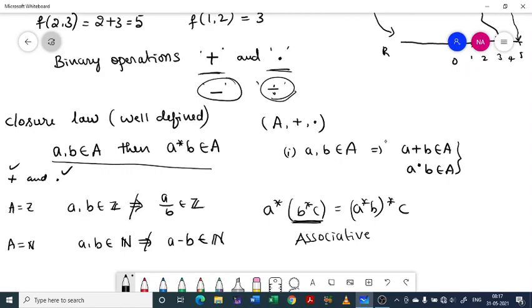The remaining are identity and inverse, which we can discuss in our next class. But you must have this knowledge to start the next class: the idea of closure law and associativity. That will make our work easy when explaining the definition of vector space. So with this we shall wind up the class on vector space. Next let us discuss the definition of vector space and subspace. Thank you.